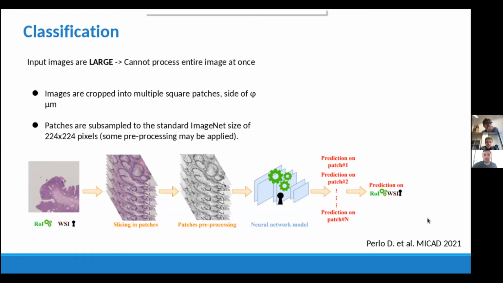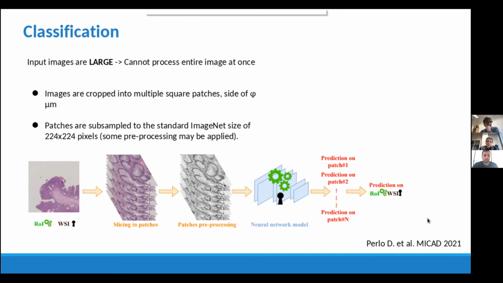So you can imagine that it's not so straightforward to process it entirely with a neural network. And so the most common approach, which is the one we follow, is to crop the entire image into multiple patches, usually squared patches, with a different size. And after we extracted these different patches, then we feed the patches to a neural network,